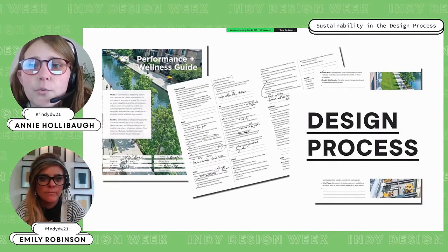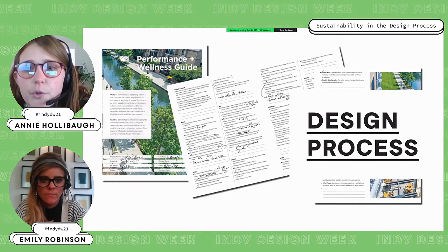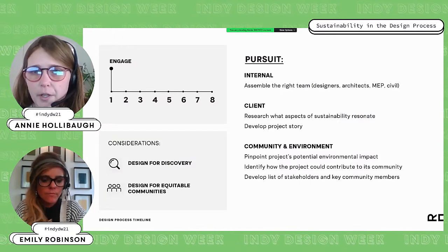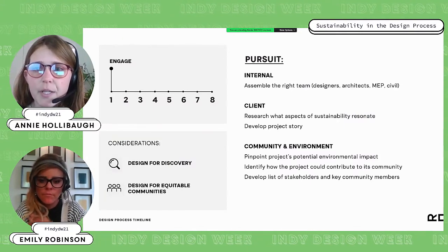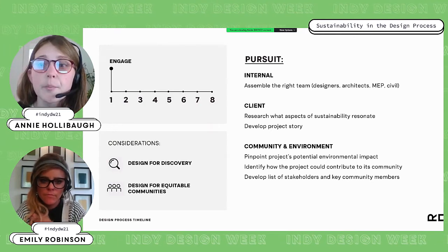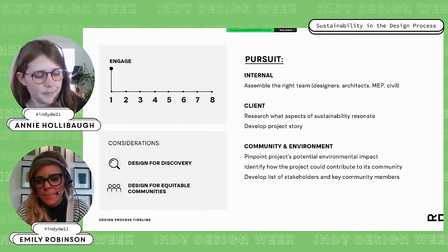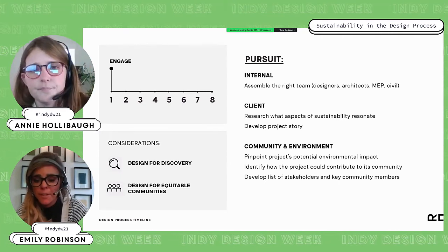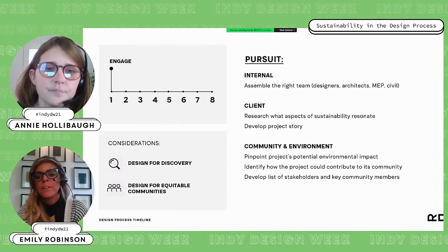Now we're going to take you through the design process. We've developed 8 key phases, both during the project and after. To start off, we wanted to talk a little bit about project pursuit. It's important that you assemble the right team, a team who values and is familiar with sustainability techniques and methods. And as far as the client aspect, it's really important to research what aspects of sustainability will resonate with them so that you can begin to develop the story for the project